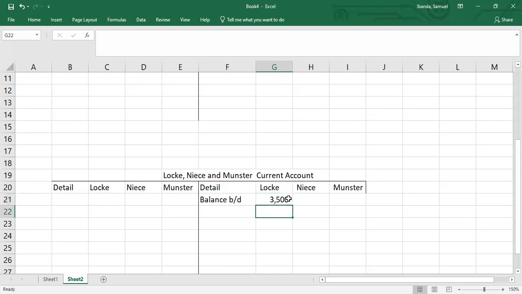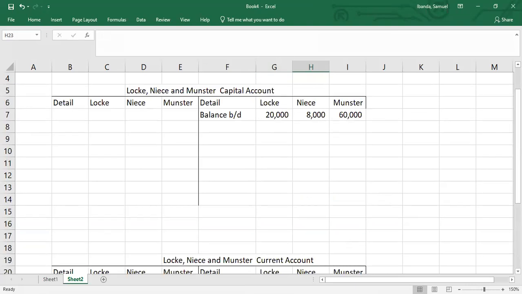3,500, negative 700, and I think this was 1,800? Yes. Okay, like that. So that is what we basically do have. Those are our balances brought down. Okay. Now, after we're done with including the respective balances, the next thing that we are going to